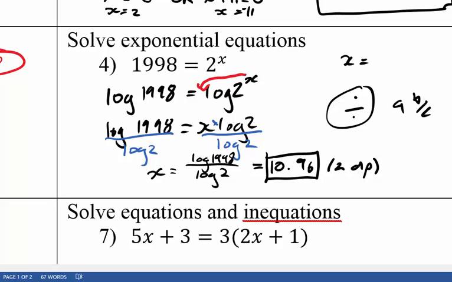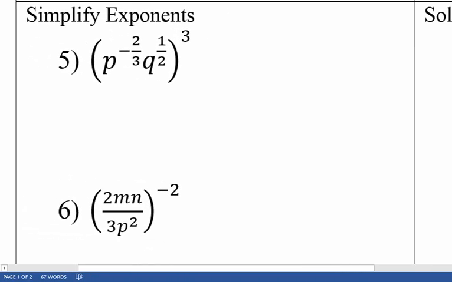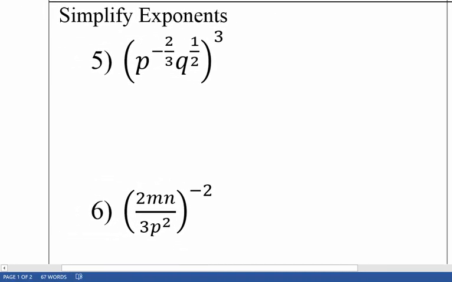Okay, question number 5 is simplifying exponents. First thing I see is that it's got a negative 2/3 here. If it's got a negative exponent, I need to flip it upside down, but it's not attached to anything else, it's just attached to this p, so I'm just going to flip this upside down. And how do I flip something which isn't even a fraction upside down? There's an invisible over 1 there, and so I'm going to flip it by putting it 1 over that thing there. So it's going to become 1 over p, and now it becomes a positive fraction, 2/3,